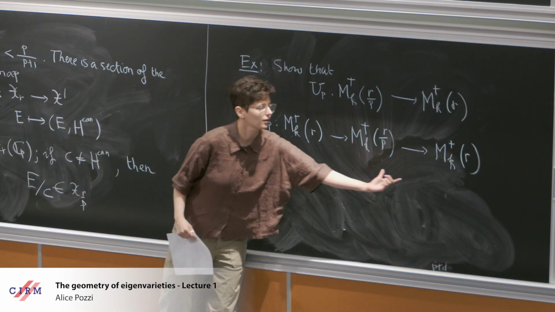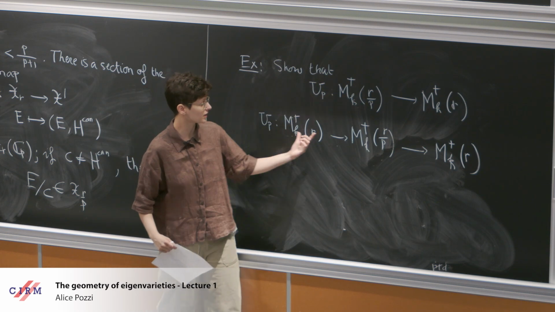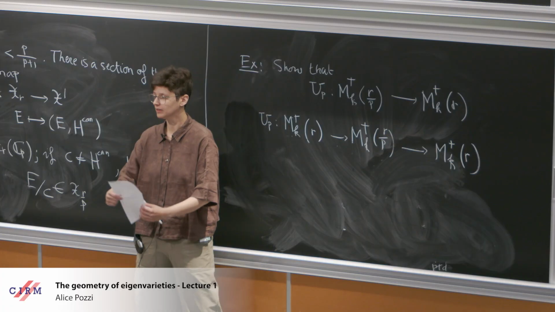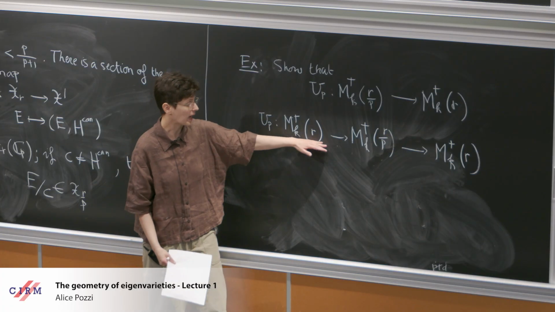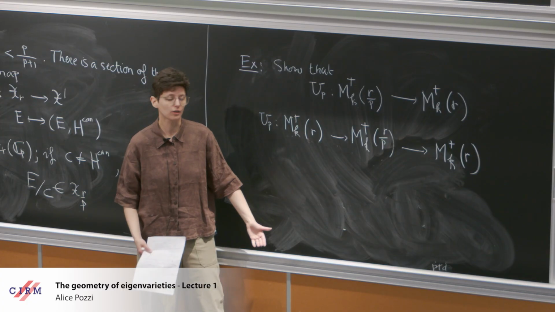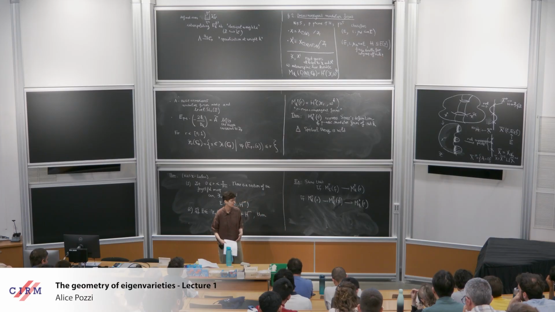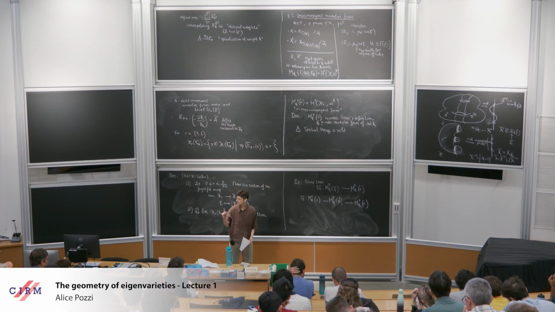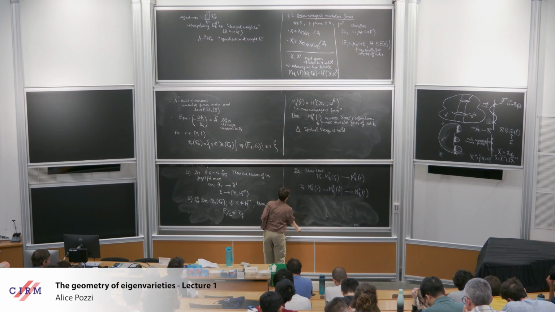This is a way of defining the UP operator by composition as above, one of these maps that we're composing being a restriction map. And these types of maps on the level of sections of sheaves over rigid analytic spaces are very nicely behaved. So this leads to the next point, which is,